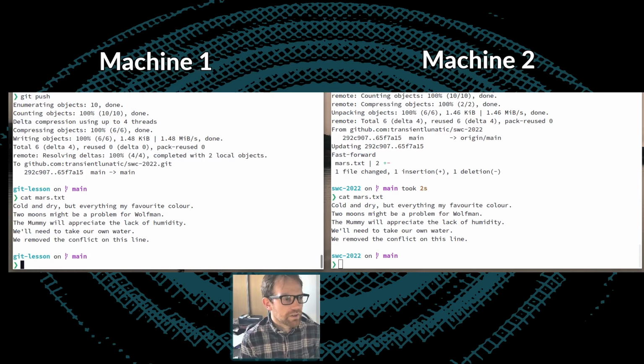So some good practices for reducing the frequency with which you need to do this and reducing the complications: make sure that you pull from upstream, from the origin repository on GitHub, for example, frequently, and especially before you start new work, so that you always have the freshest version of the code possible.